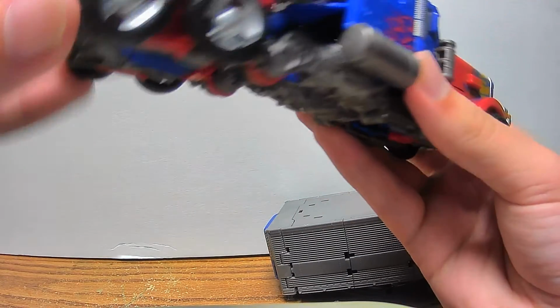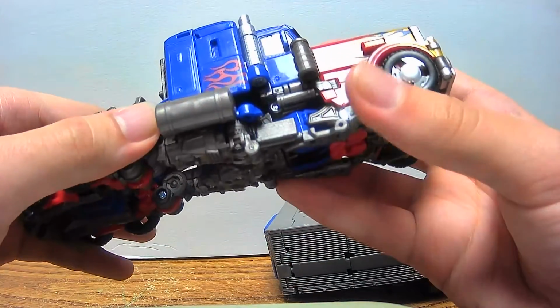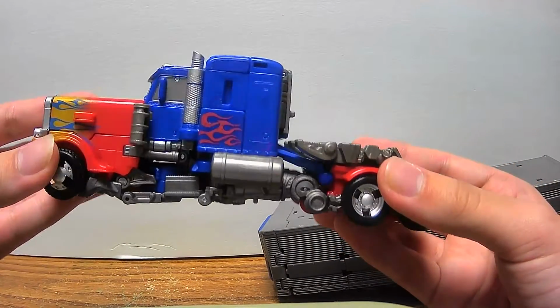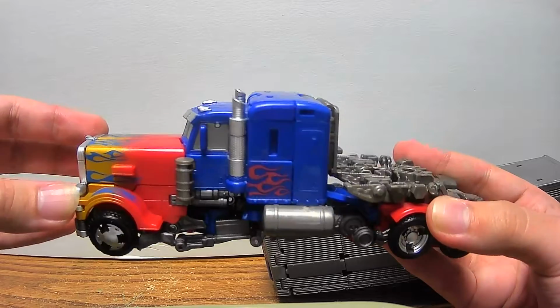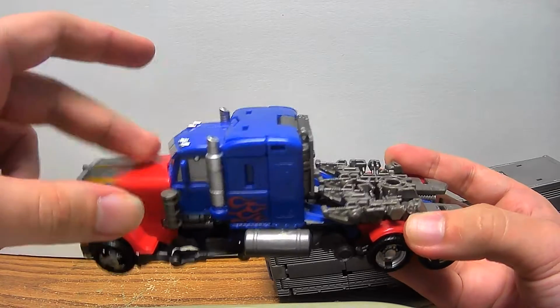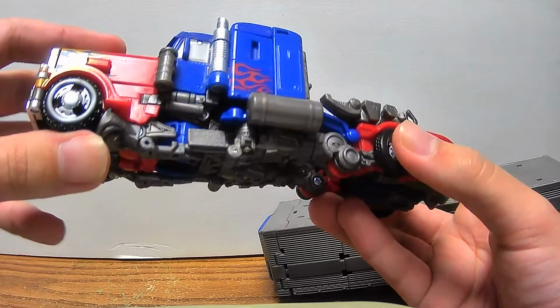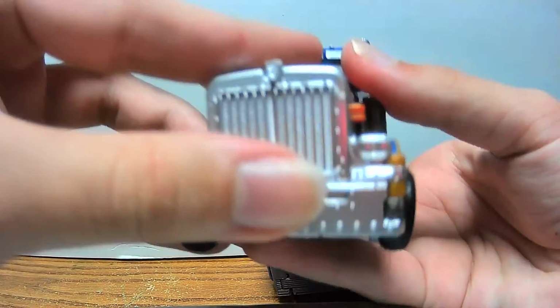But he is in his, I believe this is a Mack truck, if I'm not mistaken. Meant for carrying heavy loads, I guess. And this does have the normal Optimus Prime color scheme of red and blue. In fact, overall, detail on it is nice. You can obviously see,